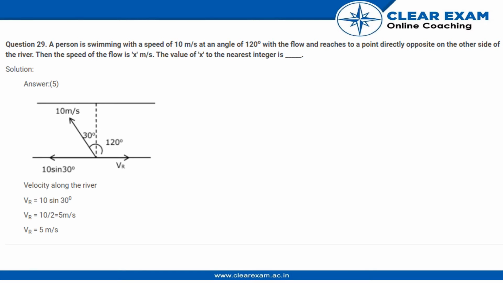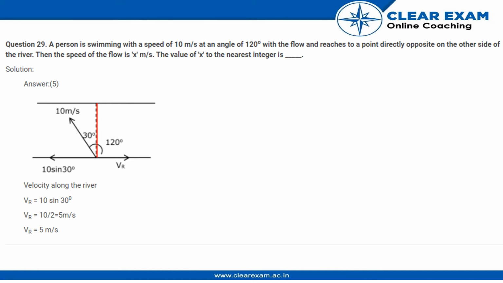So let us look at the diagram over here. We have a person on this side and he is moving with the speed of 10 meter per second, as indicated by the arrow, at an angle of 120 degrees to the flow. Now the flow we are considering is in this direction, and 120 degrees makes this direction, that is 10 meter per second, at an angle of 30 degrees to the horizontal line over here,